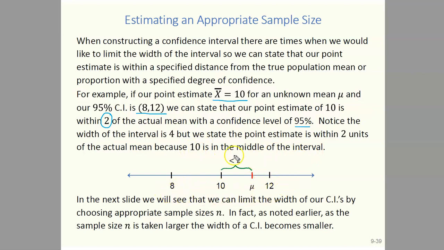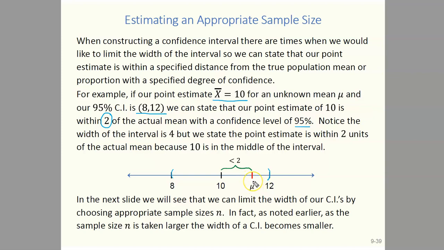Notice this graphic down here. So if this is our interval from 8 out to 12, and our mean lies in here somewhere, say it's right here, then notice the distance from our point estimate of 10 out to the mean is less than 2, 2 being half of the width of this interval. So we can state that our point estimate 10 is within 2 units of the mean with a confidence level